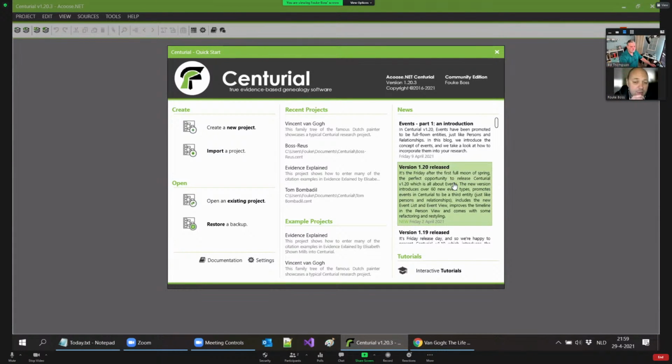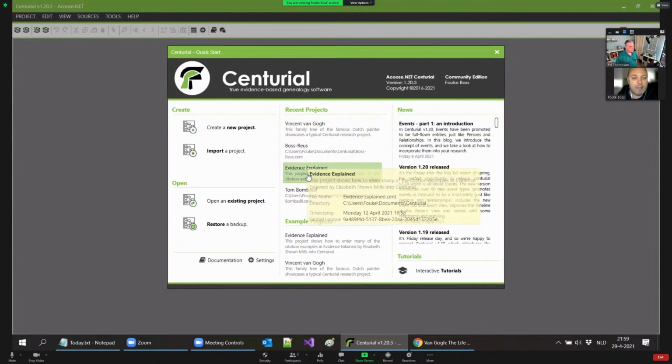If it's really the first time that you use Centurial, then I'd like to suggest you start with these interactive tutorials at the bottom, which will take you through the program without you leaving the program. So it will show you how it works. I'm not going to do that for now. I'm going to, of course, give you a private tour of my own. But if it's really the first time, then please do consider these interactive tutorials. They will really help you through.